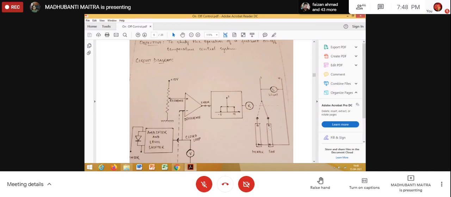Just check whether you have understood this or not. This is basically the principle of closed loop control, or closed loop temperature control, which we can call on-off control, because once the output of the Schmitt trigger,